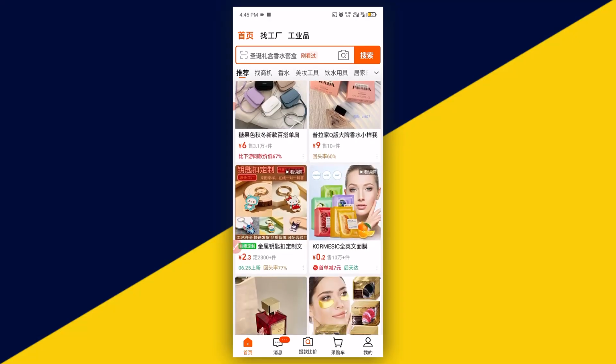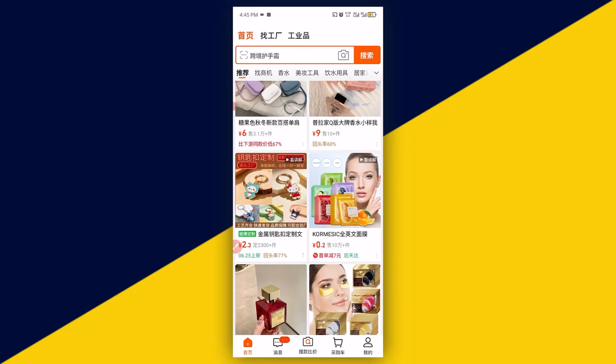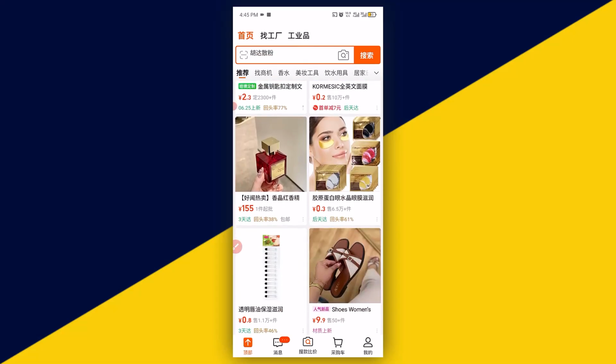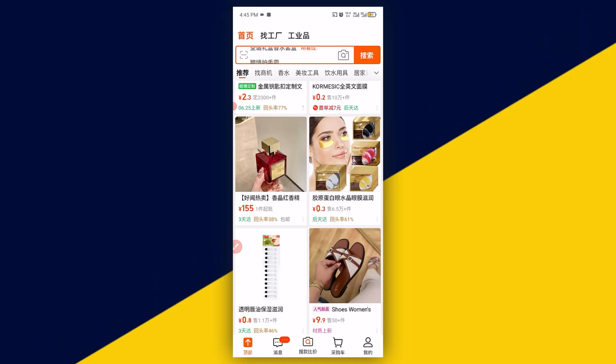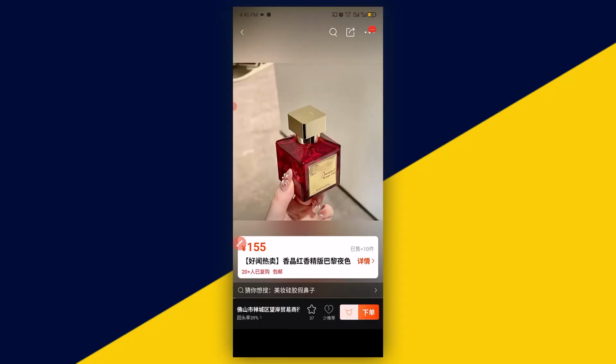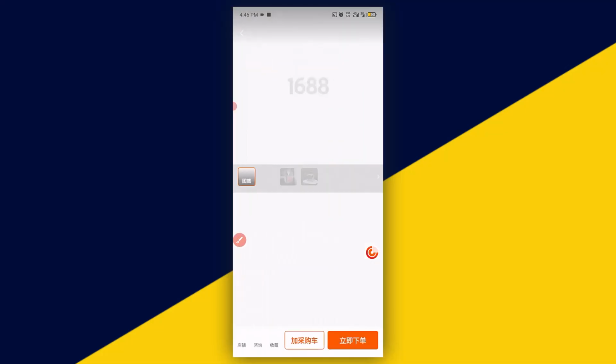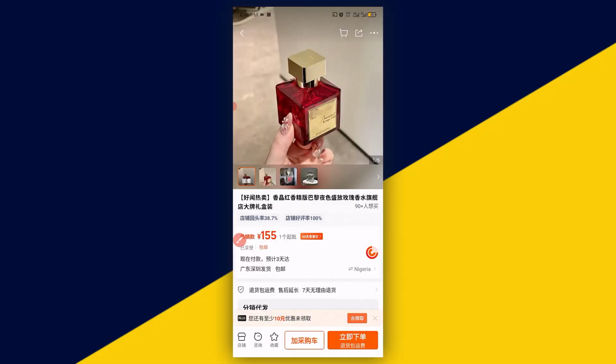Recently, 1688 introduced different kinds of updates, and different types of the 1688 Chinese shopping app are out there. The one you'll see on the screen right here is the Chinese version of 1688. Now, if I click on any of the product links right here, let's say for instance I click on this product link, you'll find out that it takes me right here and I click on here to proceed. And then you still find out that everything right here is in Chinese. However, there are some other